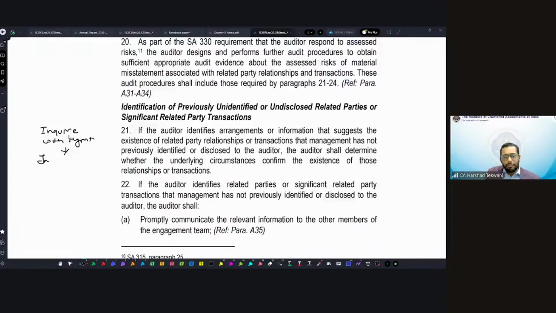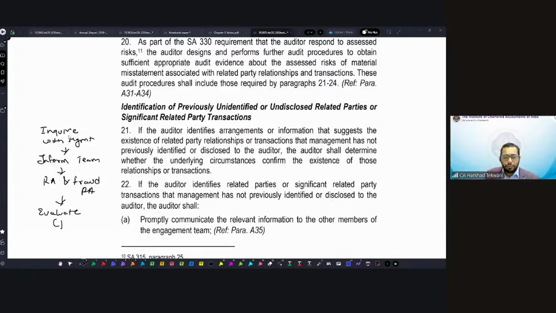Then inform the team. Do a risk assessment and a fraud risk assessment. See why the control did not report. So there is a failure. For sure, there is a failure of the control which is targeting completeness of the related party transactions. So evaluate